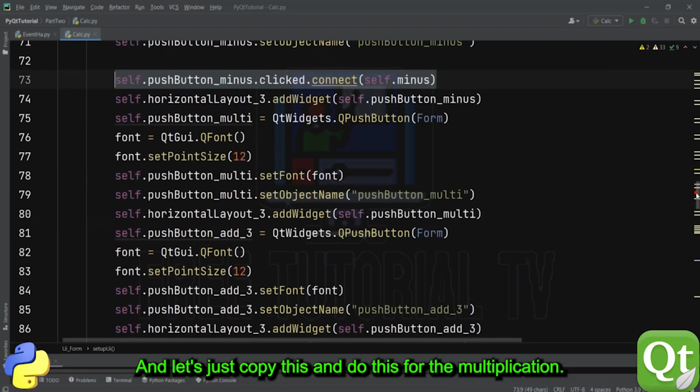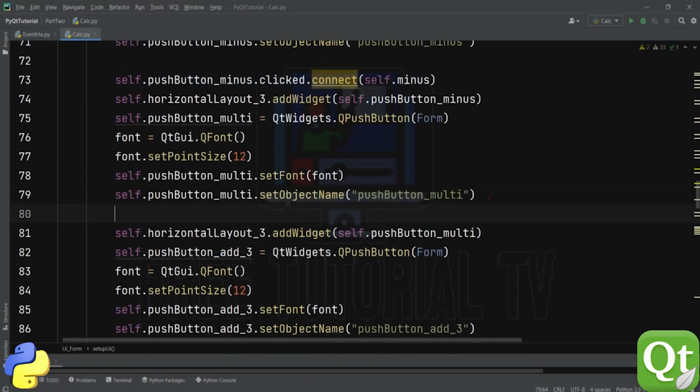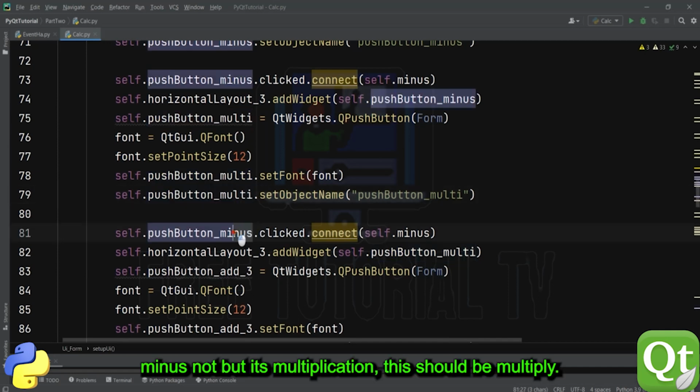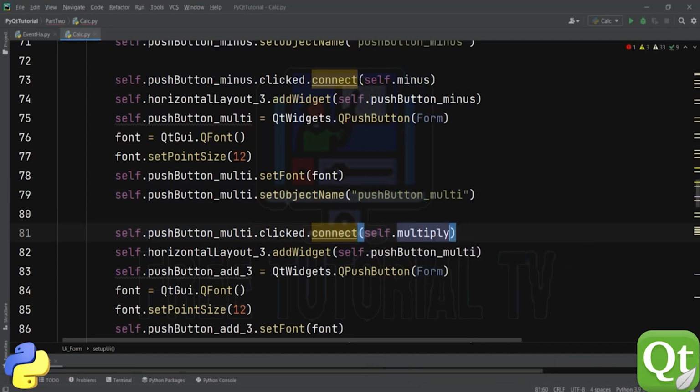Let's copy this and do this for the multiplication. Self dot push button multiply clicked connect self dot, this minus should be changed to multi,